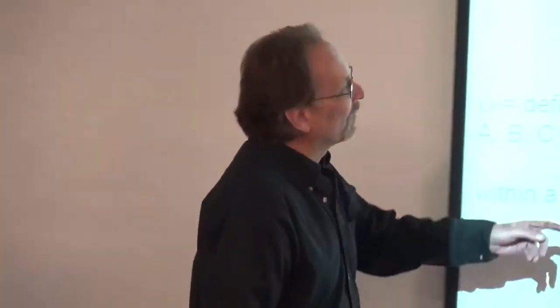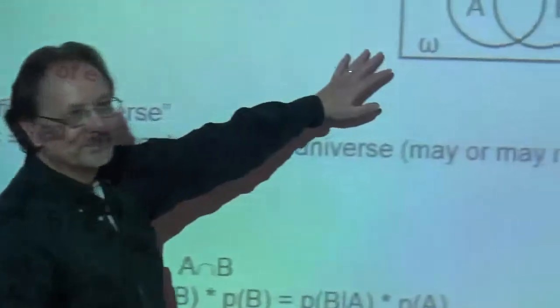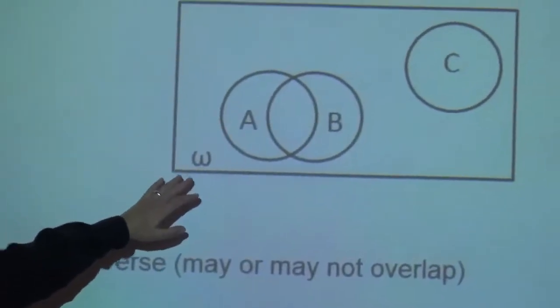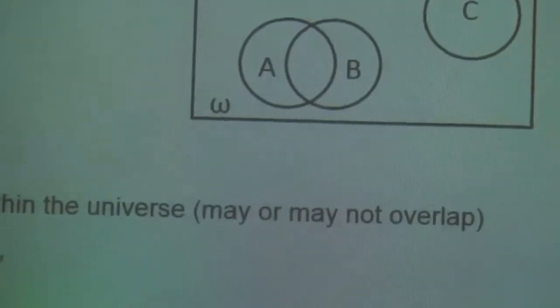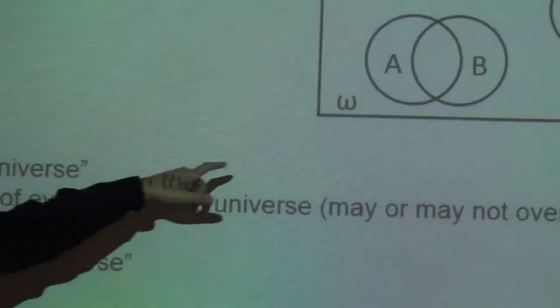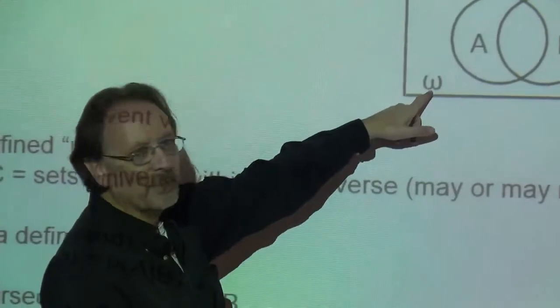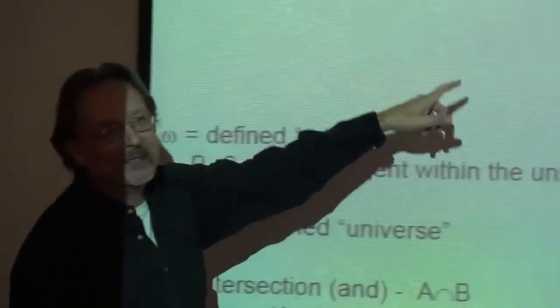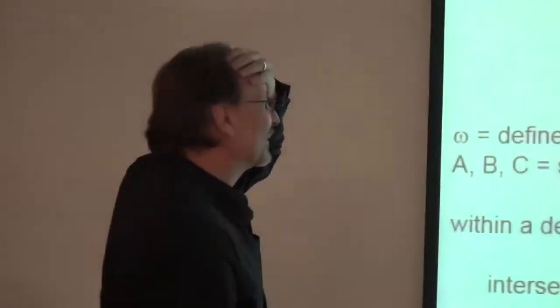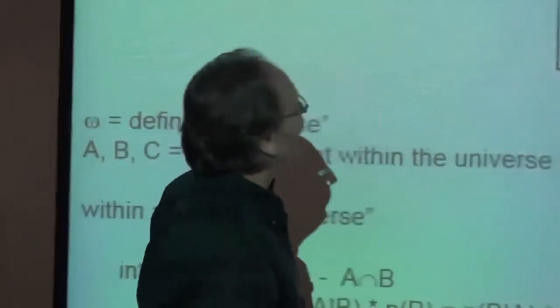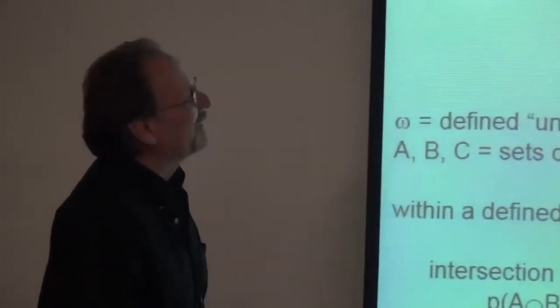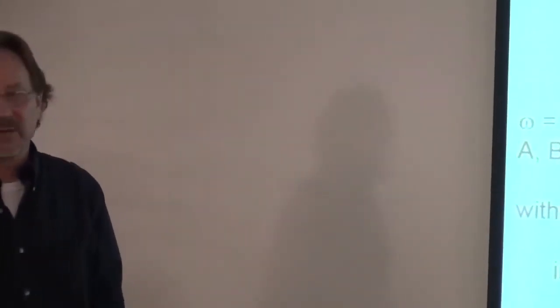And so you've probably all seen in one form or another Venn diagrams, okay, where you have the universe, and this is the universe as we've defined it, usually within the outer box. The universe is defined as lowercase omega, it's not W. Okay? Please don't call it W. Drives me nuts. Every semester somebody calls it a W. It's a lowercase omega, and then you have sets within the universe.